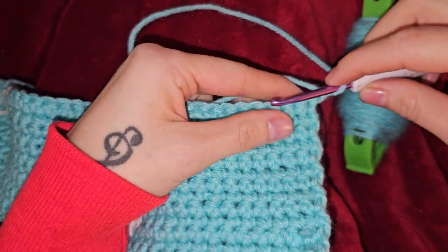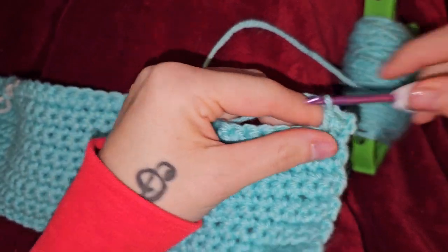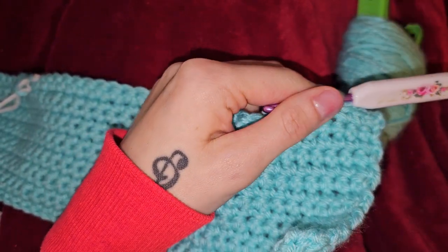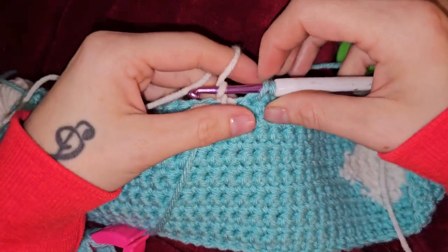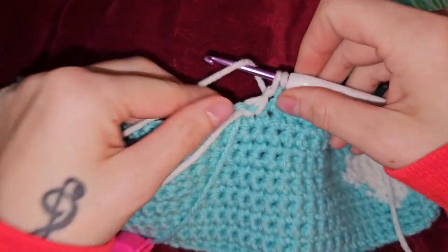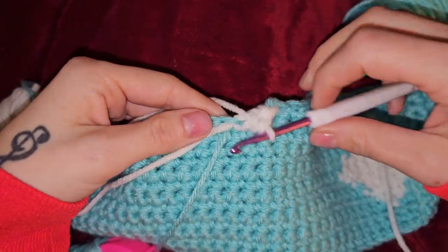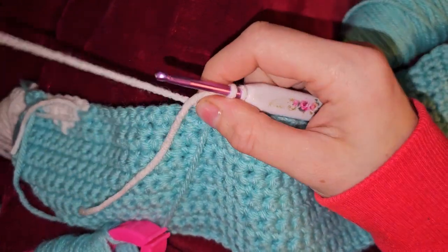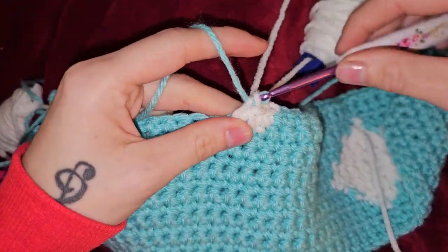So now we're on to row 15. We're going to do 28 teal stitches. Stitches done. We're going to do 3 white. Oh, you guys can hear my dogs in the background there. So 1, 2, pick up that teal, 3, can do 11 teal,